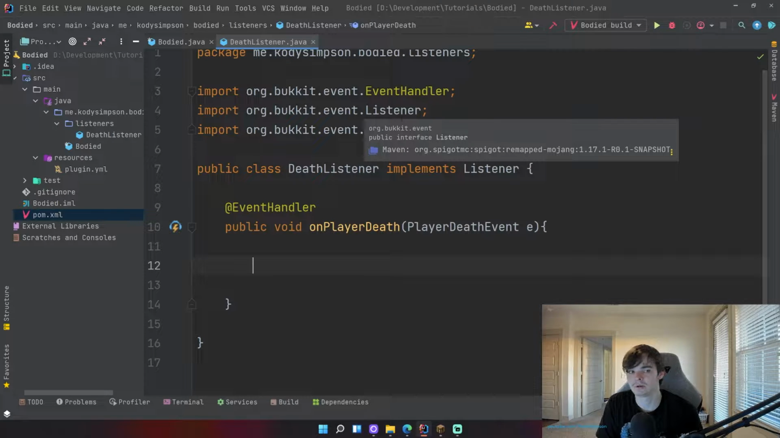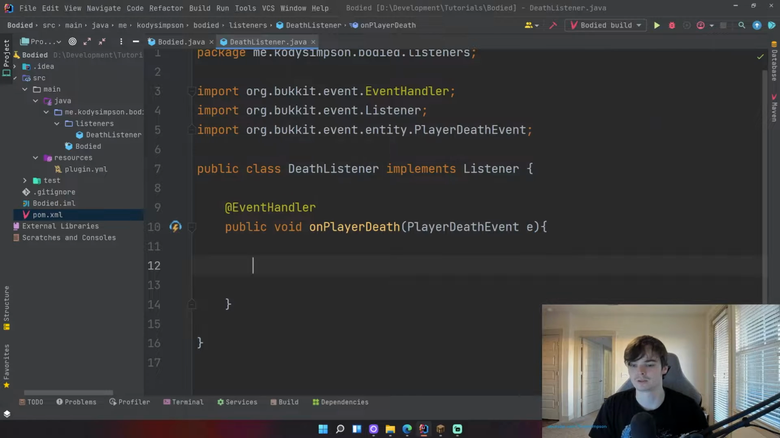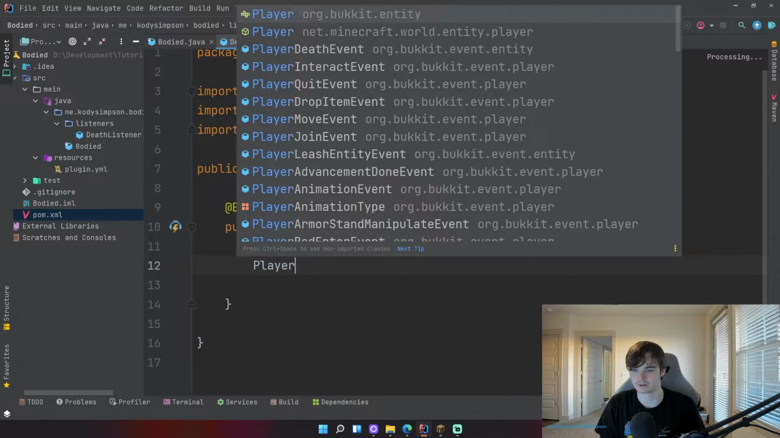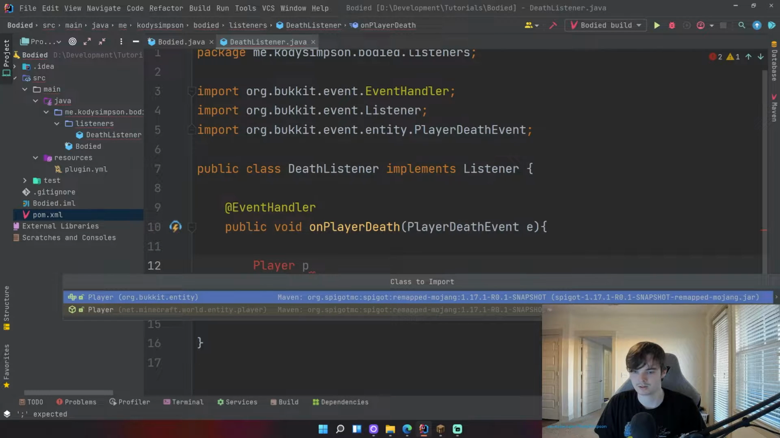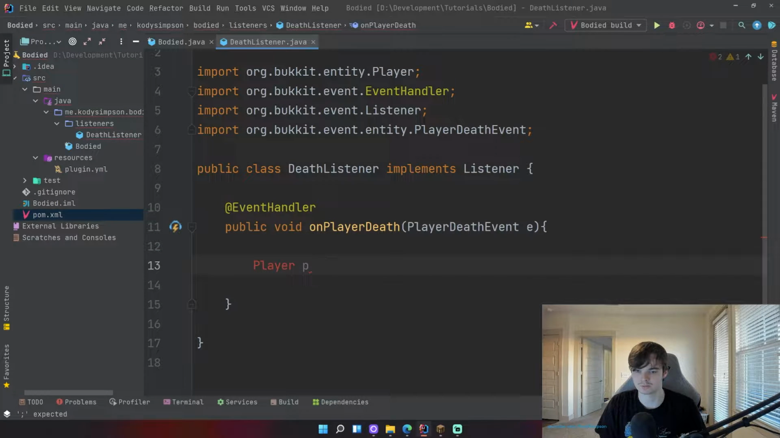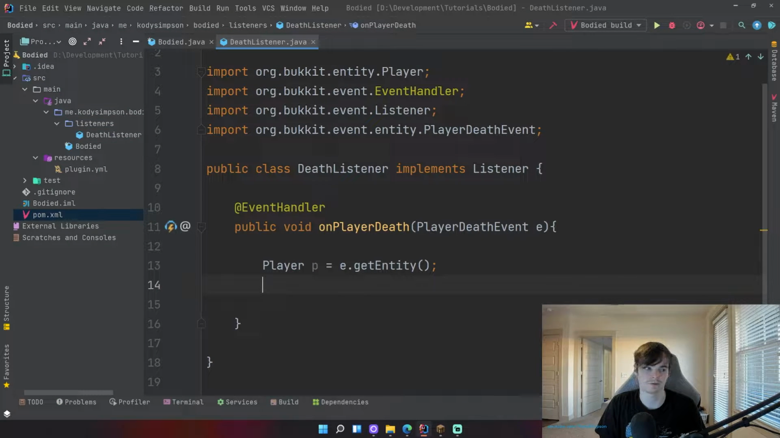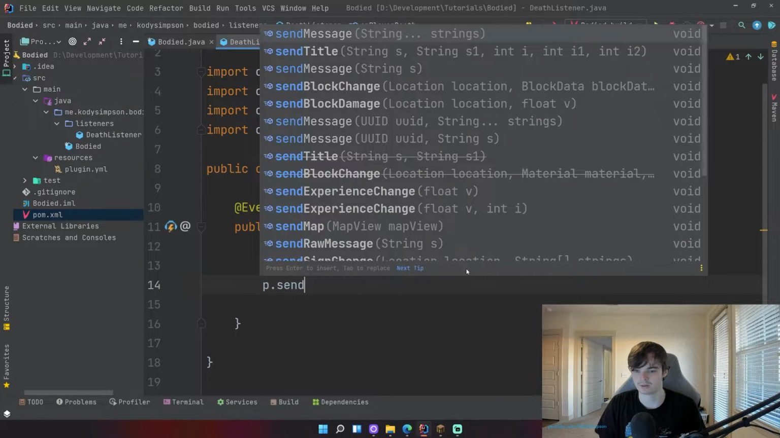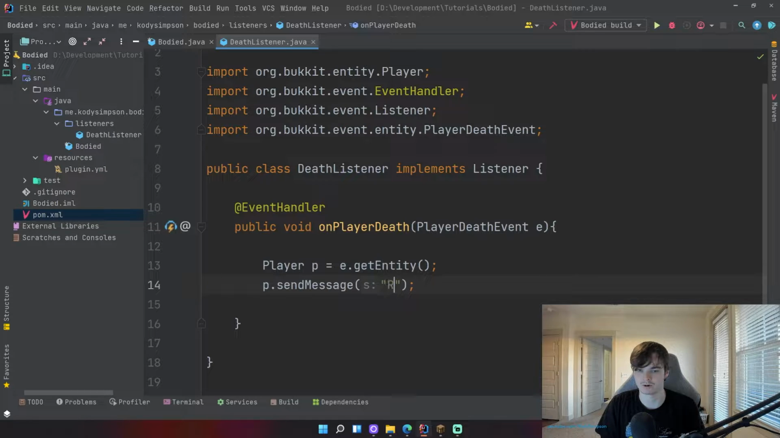So yeah, when the player dies, a body is going to spawn in place of them. So what we need to do is create an NPC like we learned last episode how to do. So when they die, we'll get the player themselves that died. So player P from bucket is equal to e.getPlayer or getEntity, but that returns a player. And then we'll just send them a message so that we know this thing is working. We'll say, bruh, the point is not to die,